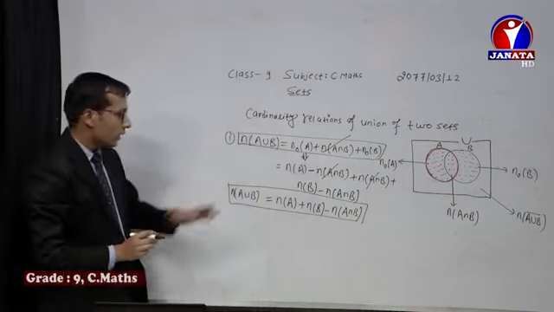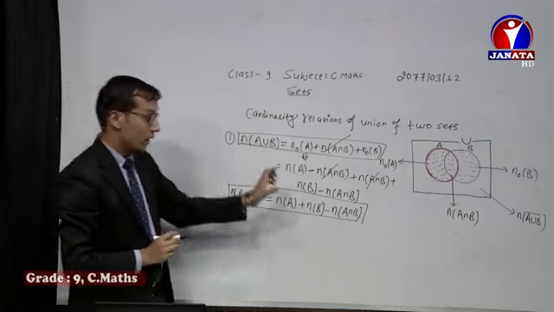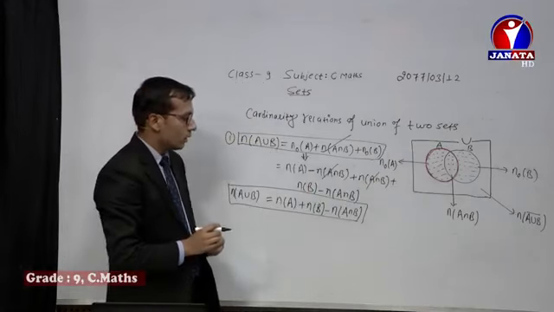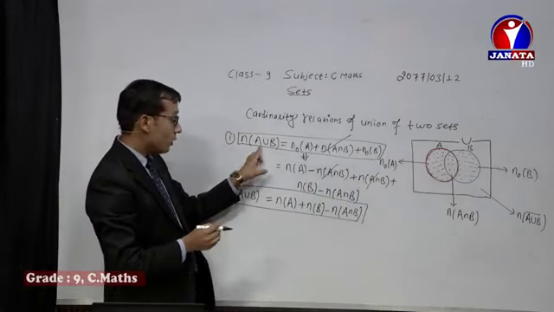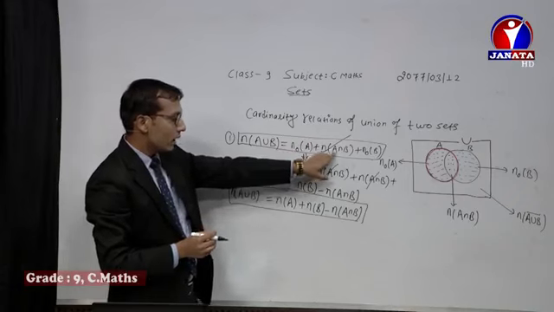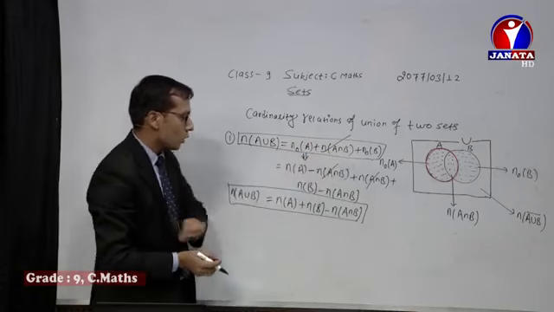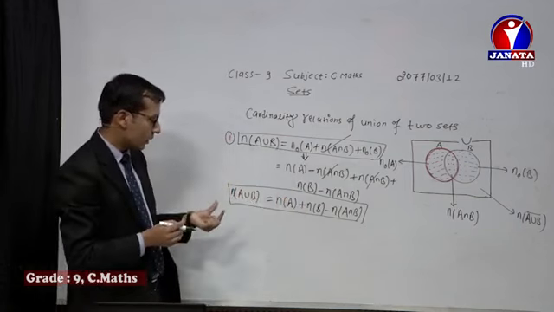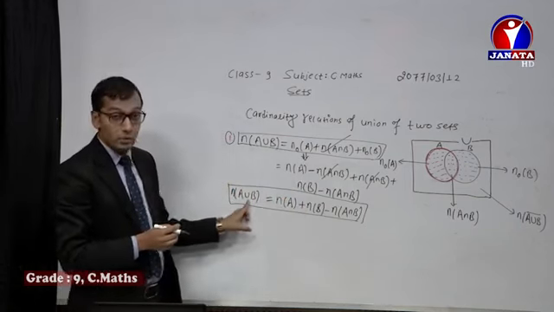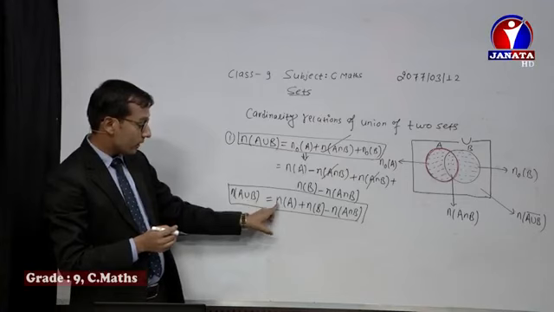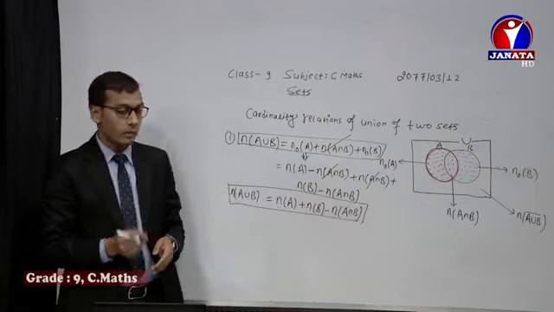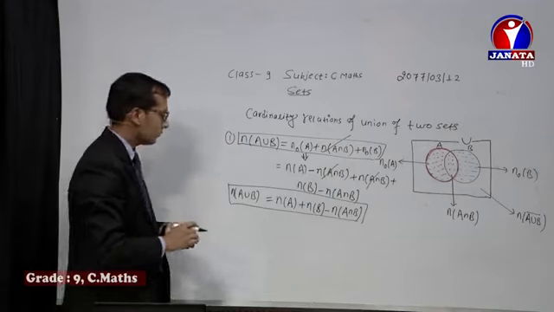First one, n of A union B. There are three different regions in the diagram which fall under A union B: n only A, intersection, n only B. So from this we can derive a formula, and we obtain here n of A union B is n of A plus n of B minus n of A intersection B. So similarly,